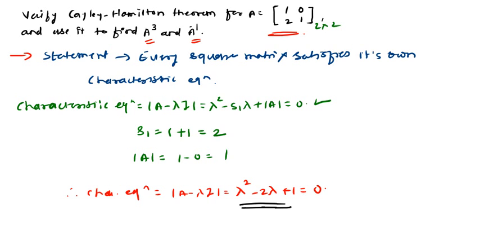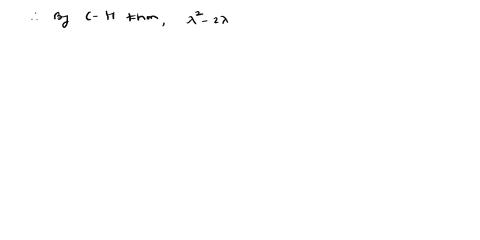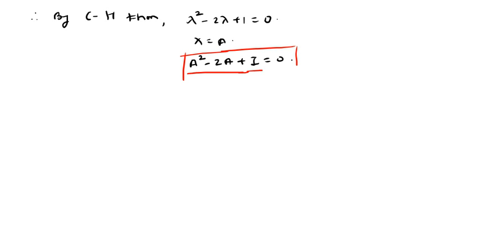Okay, so therefore by Cayley-Hamilton theorem, what it says? The square matrix will satisfy its characteristic equation. What is the characteristic equation? Lambda square minus 2 lambda plus 1 equal to 0. If I will put lambda equal to A, then what will happen? This will be A square minus 2A plus I, where 1 means I, is equal to 0. Okay, so this is our statement, and we need to prove this statement so that we will verify the Cayley-Hamilton